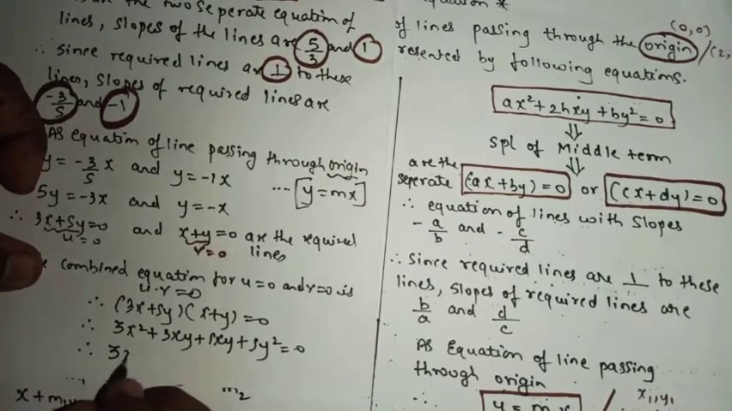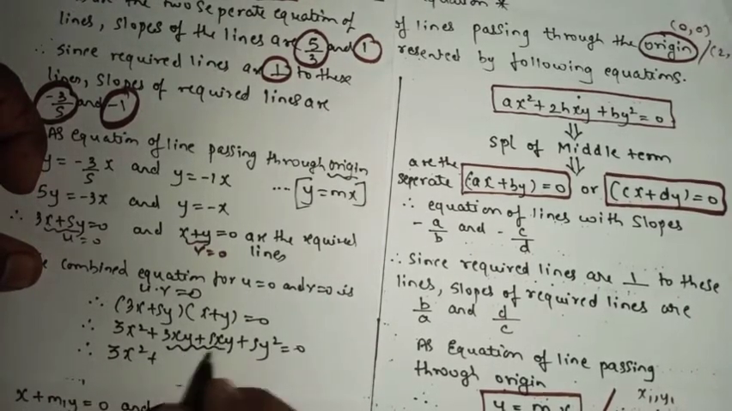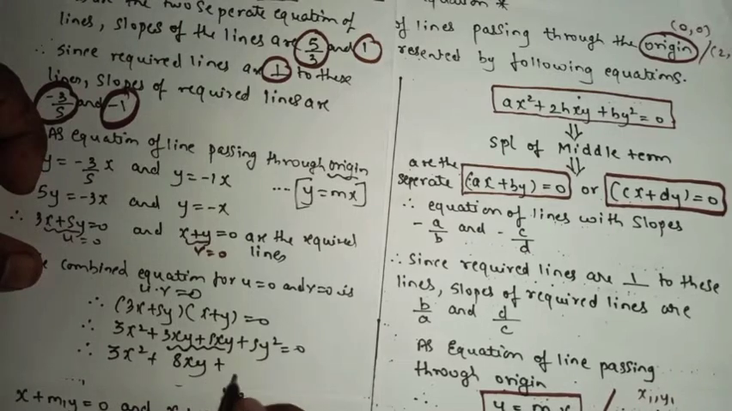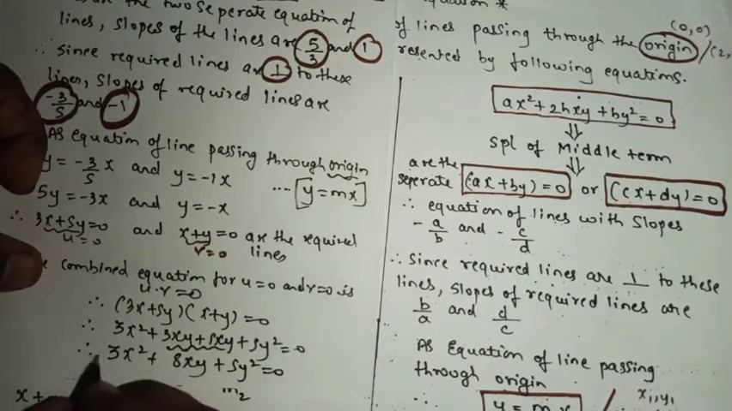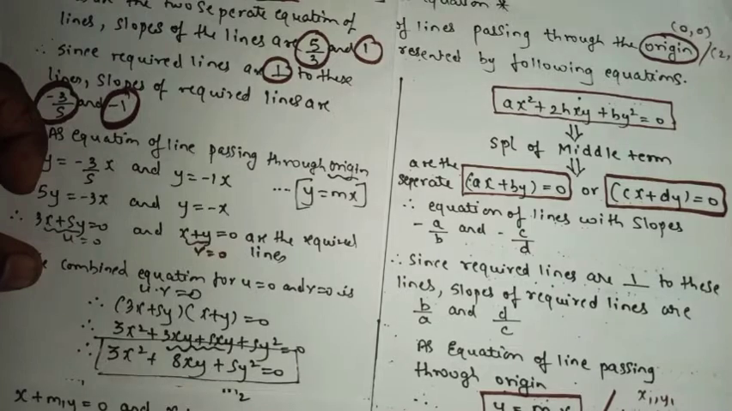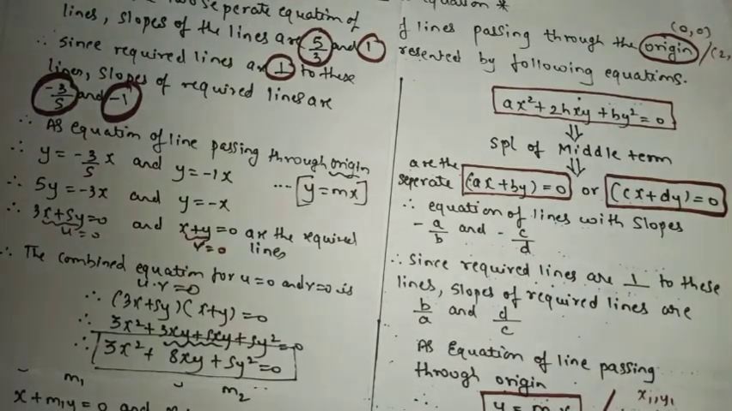So the final step will be what? 3x square. These are the like terms, so you will get 8xy plus 5y square equal to 0. So here we got the final answer. Now we'll check